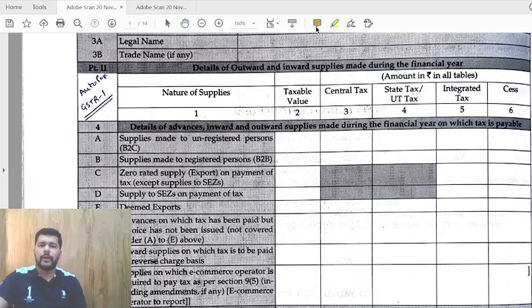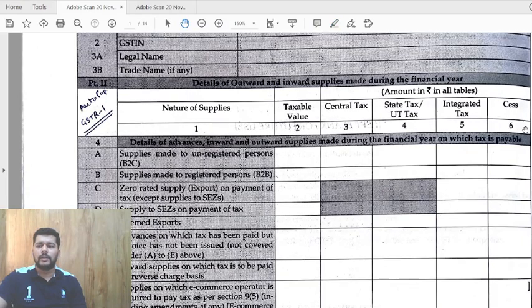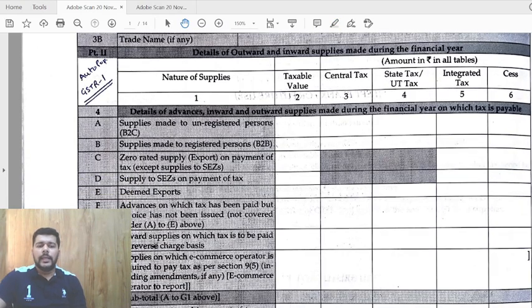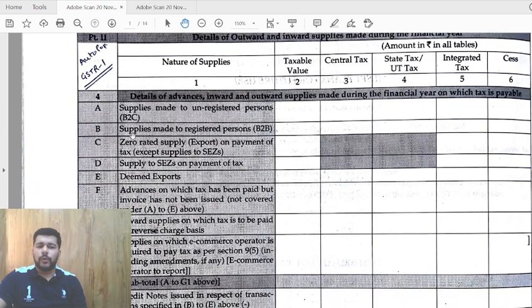Now here what we are trying to understand is that this particular part, details of outward supplies during the year, this table number 4 is an auto populated table which comes from auto population of your cumulatively filed GSTR 9 returns. Now friends, the most important part, whenever you start filing GSTR 9,